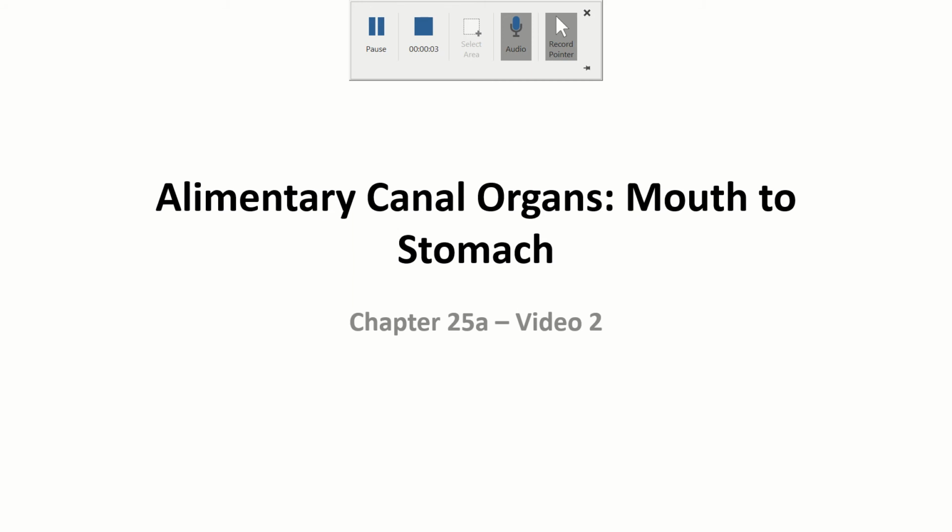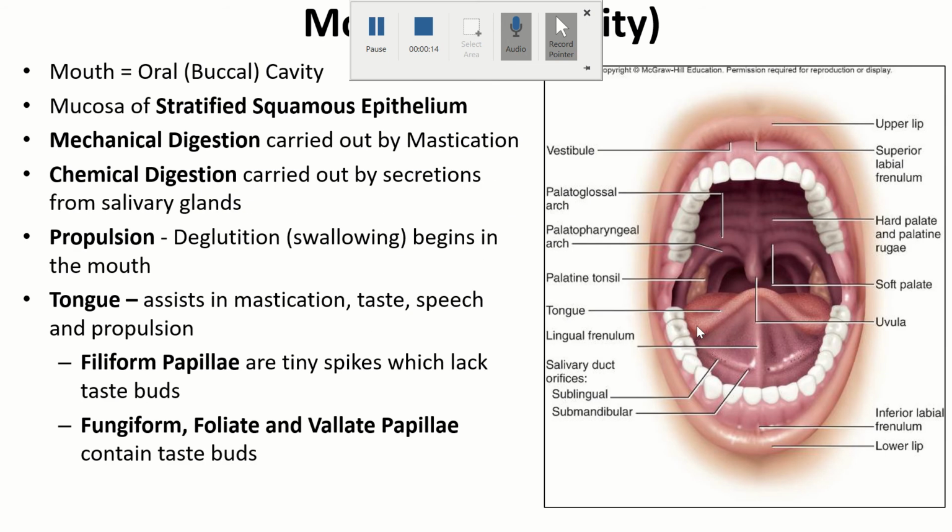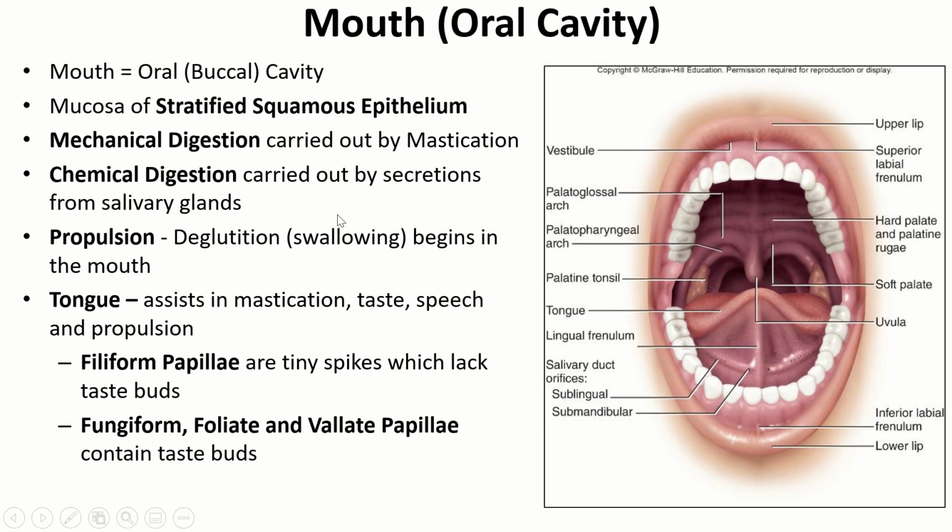In this video, we're going to continue our discussion of Chapter 25A notes, again, looking more specifically at the anatomy of the digestive system. Here in video 2, we're going to look at specific organs going from the mouth to the stomach. So in the mouth, also known as the oral cavity or the buccal cavity, is going to be